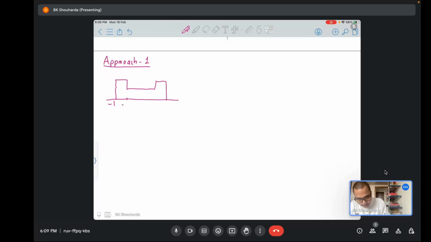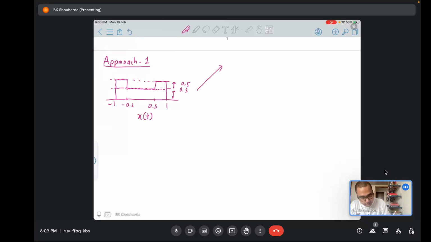-1, -0.5, 0.5 and 1. Alright, and this has a height 0.5, and this has a height 0.5. Both of them have height 0.5. Okay, so now I can write this signal as the sum of two signals, or in fact there are two